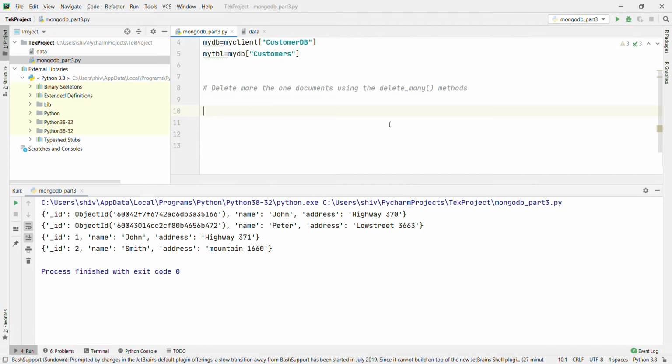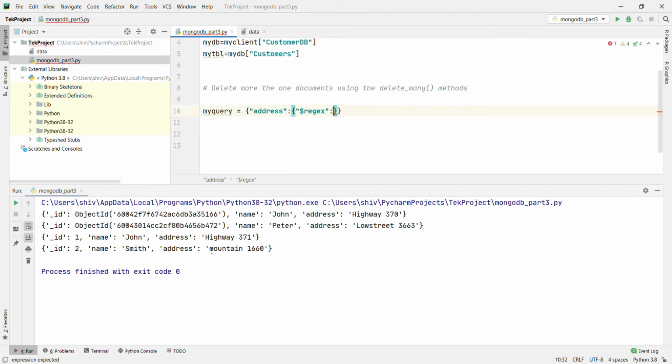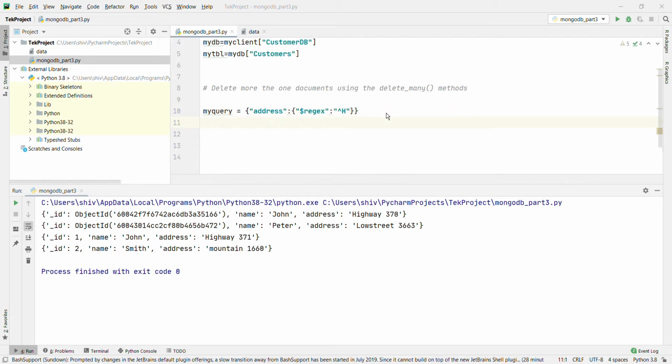For that we are going to use a regular expression. My query is equal to address, colon, regular expression, in double quotes, the caret symbol, and we are going to use anything that starts with H. Let's start with capital H. Then the first and third data are going to be deleted. So in double quotes, capital H. And then x equal to my table dot delete_many, passing my query.